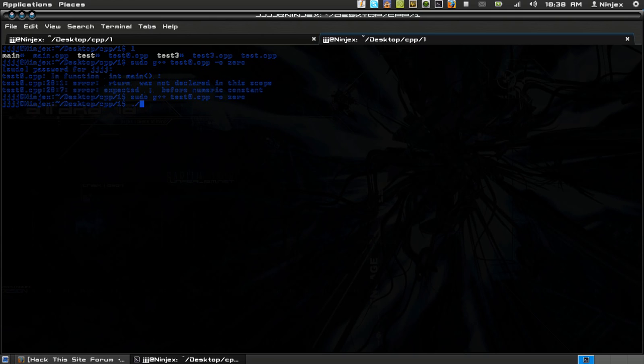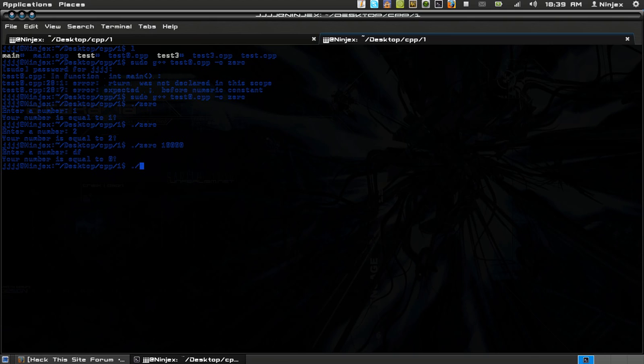Yeah, that works. So let's run 0, enter in a number. 1, it says your number is equal to 1. Let's try 2. Our number is equal to 2, so we know those two cases are working. And then we'll enter a number that's not 1 or 2. Oops. Okay. Hold up. I messed that all up. Alright, we'll enter in a number that's not 1 or 2,